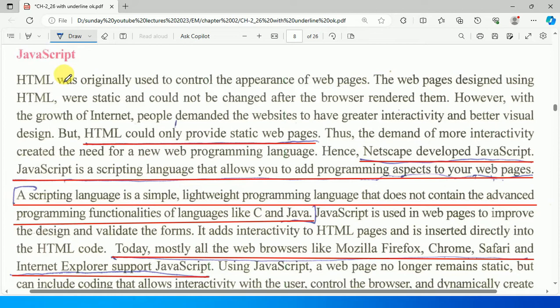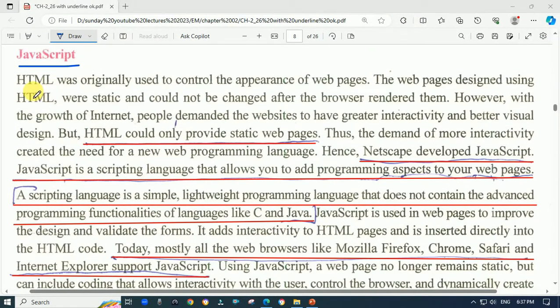Next one is JavaScript. So let's start this point. It is very important if you want to create a website with validation. JavaScript is very useful as a website designer. HTML is used to create a web page and different types of content. If you want to style it, then CSS is used, and you create a static web page. When you load this web page, the browser renders it, and you cannot change it. So when the website is displayed on the web browser,